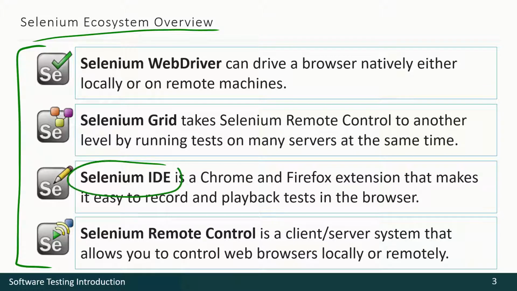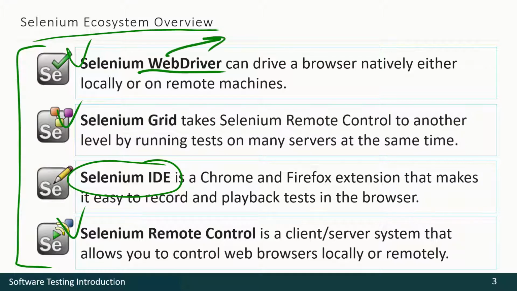Before we dive into Selenium IDE, we have to make a quick overview of the whole ecosystem, the whole Selenium family. Selenium IDE is a kind of educational tool. It is rarely used for real production tasks, but other tools, especially the WebDriver, are commonly used.